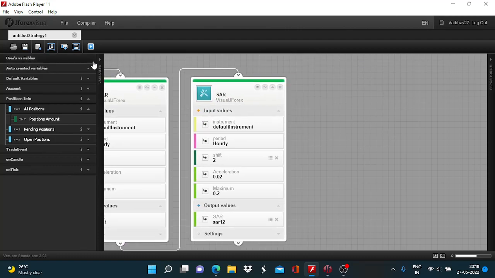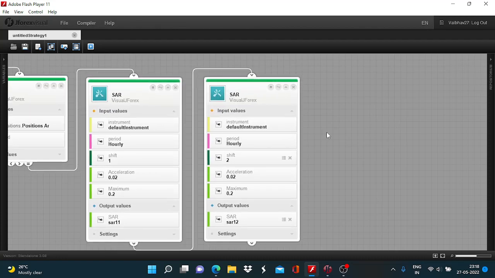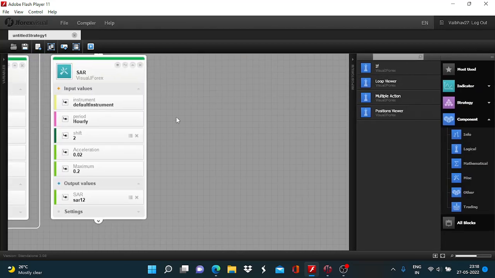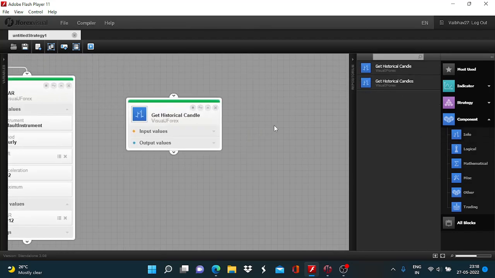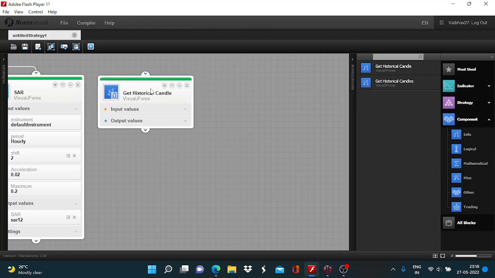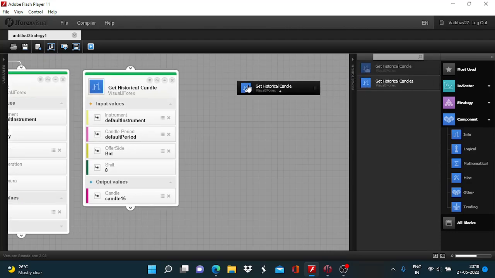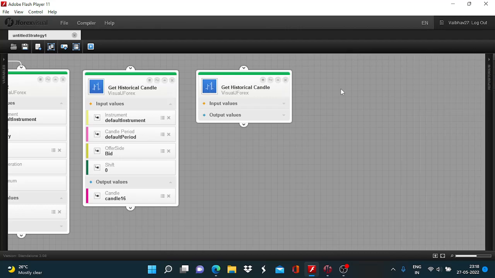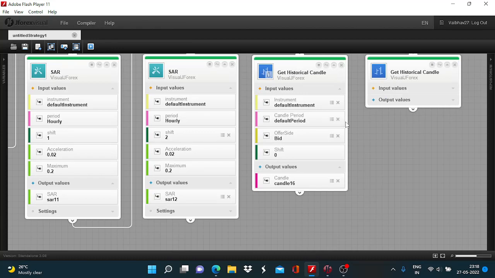And to rely on the SAR, we also have to consider the price volatility. So for that I'm going to add info components, get historical candle. Okay, so here